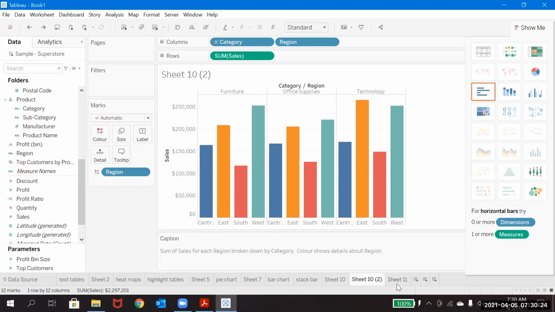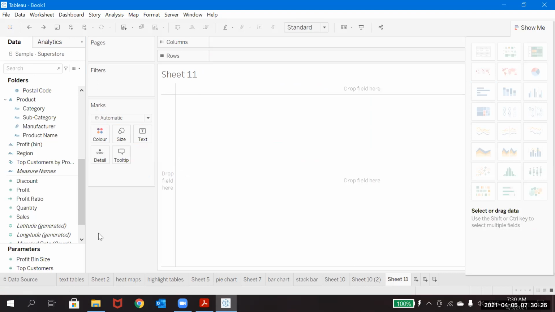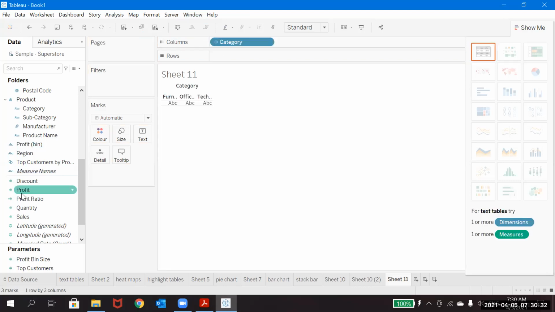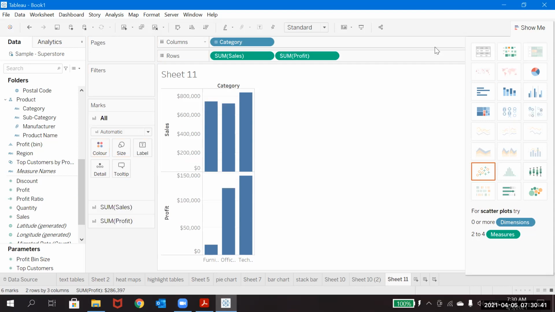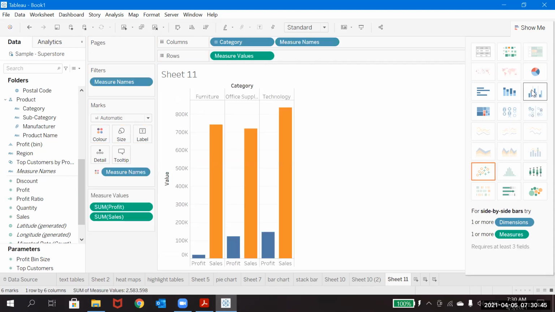Here it is with the dimensions. Okay, so now let's create with the measures how the side by side bar will look. Sales, profit. Now I am clicking on the side by side bar. If you see, this is also a side by side bar.